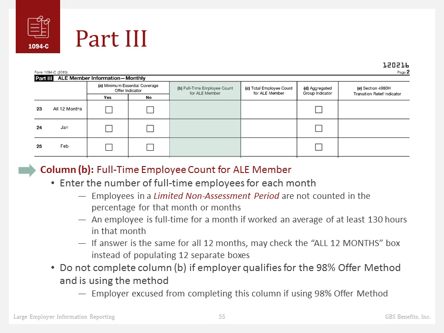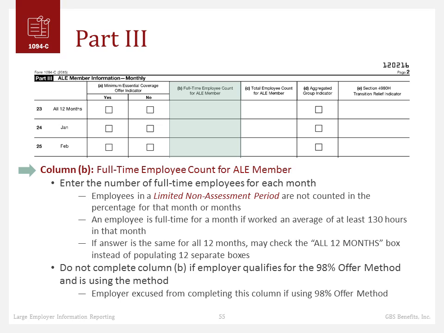column B, you need a full-time employee count. And again, we've talked about this because this is the column that you get excused from filling out if you are using the 98% offer alternative method. So let's talk about what the rules are. You're going to enter just the full-time employees for each month. In other words, anyone who worked 130 hours or more in that month is counted in the number that you